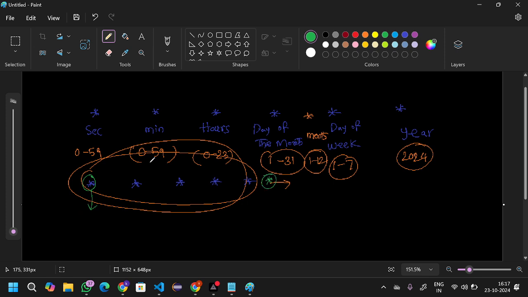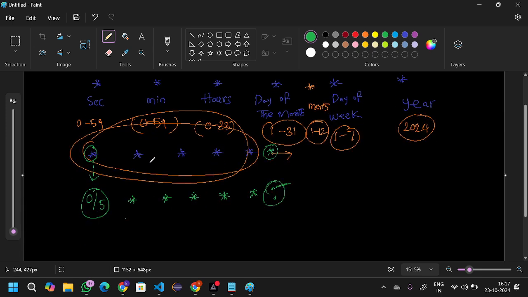Okay, so for example, if I want to execute my cron expression every 5 seconds, simply I can mention it like this. So 5 means every 5 seconds I need to execute my cron expression. So star, star, star, star like this. If you mention a question mark, it means this is optional. Okay, so for example, if you want to execute our scheduler every 5 minutes,